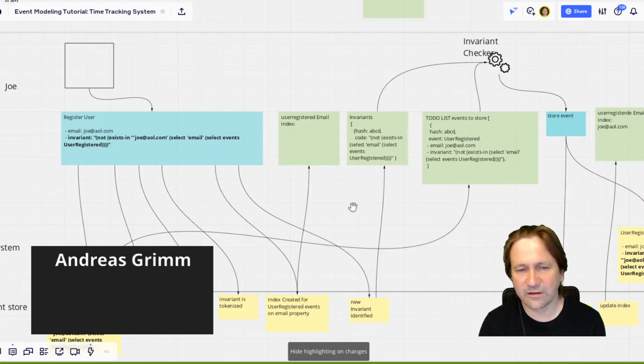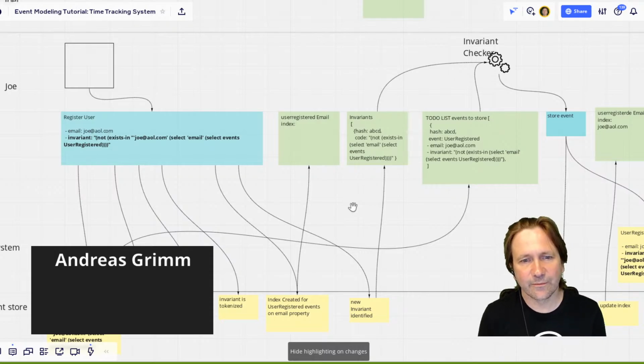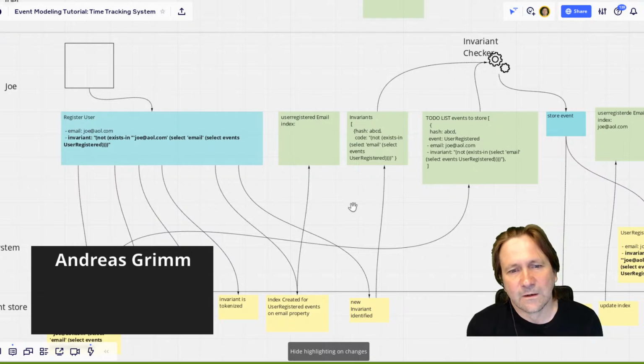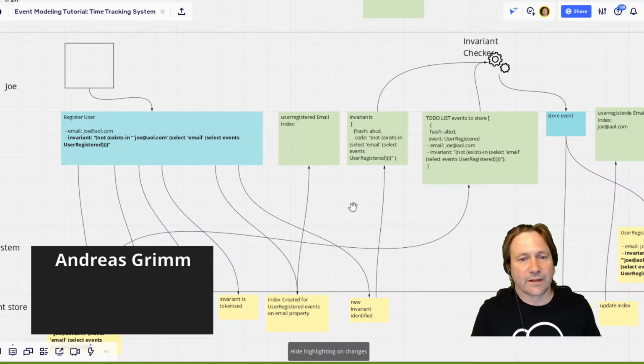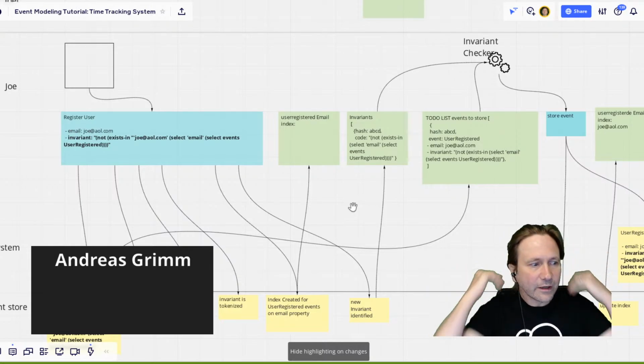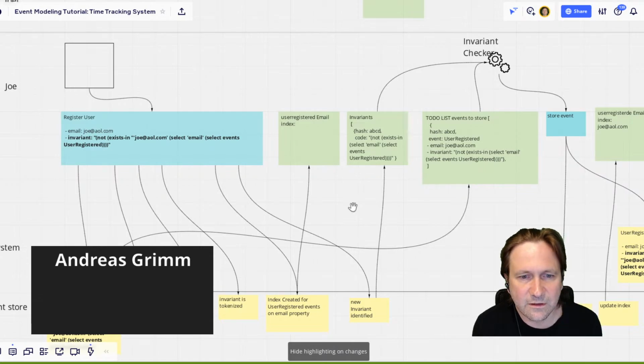It's not optimized for these write-heavy things, which is what EventStore is optimized for. But it doesn't mean you can't augment that. And I think getting rid of these round trips and out-of-process trips will make a big difference.